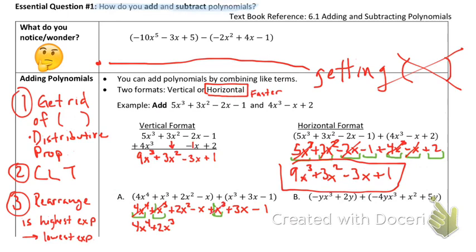Then we move on, 2x to the 2nd. And any other x to the 2nds, which I do not have, so I simply just write that guy down. Bring them down, 2x to the 2nd. Cross them out because I'm done. And then we move on to any x's. So I have negative 1x, and I have positive 3x. That's going to give me positive 2x. Okay, cross them out, and you'll notice the last thing we have is a constant of negative 1, which means